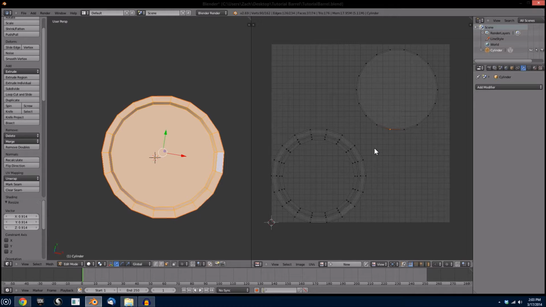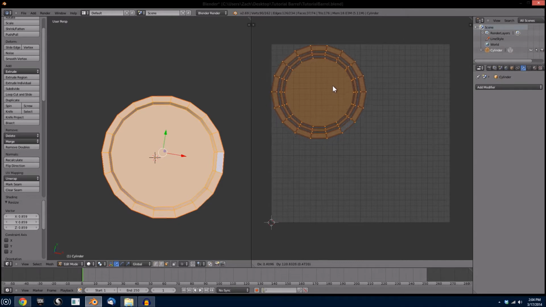Right, we select one vertex of the actual face of the barrel. Again, Control plus to select all vertices. Grab, move to roughly the center and scale until no vertices touch. Now we hold Control and select all of these vertices, and G to grab, move it up toward the top, something like that. Now to see these vertices that we unwrapped from previously,